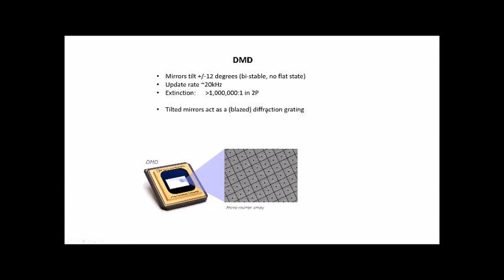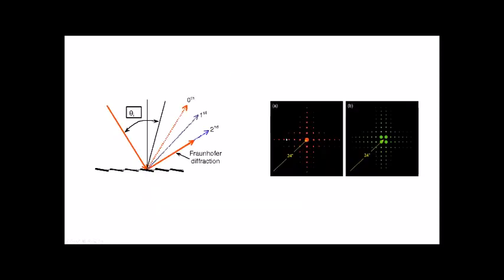However, the tilted mirrors act as a blazed grating, which creates some problematic diffraction effects. I don't want to do a full review of diffraction gratings, but laser light is spatially coherent, meaning there are rays coming in to each of these mirrors in the array. And the reflected beams will only sum coherently along directions where the phase of the light coming off of one mirror